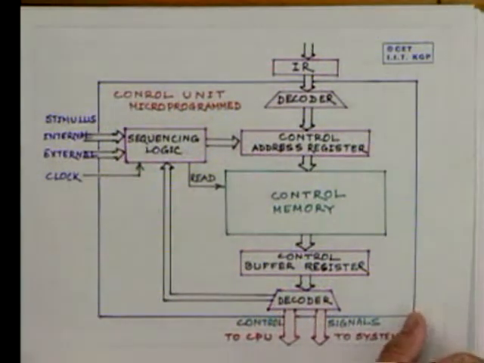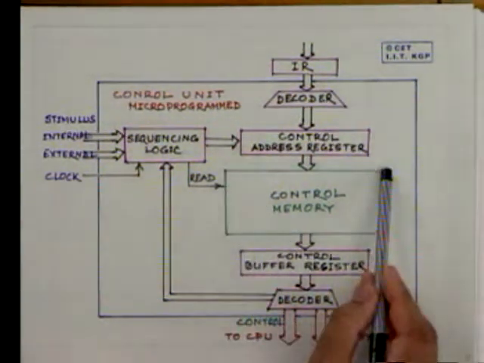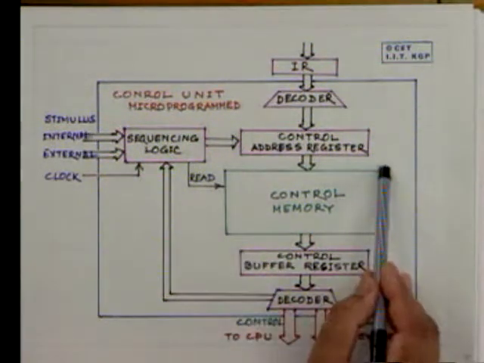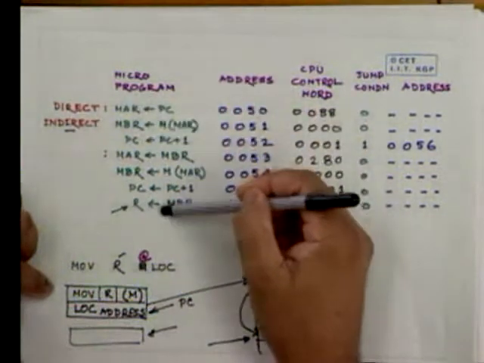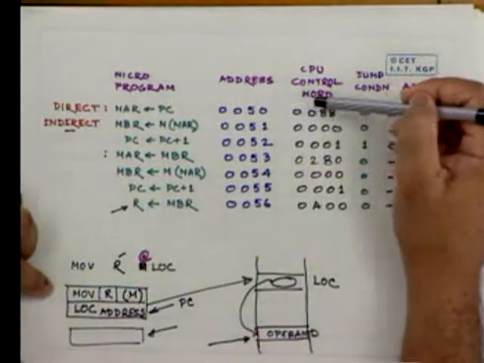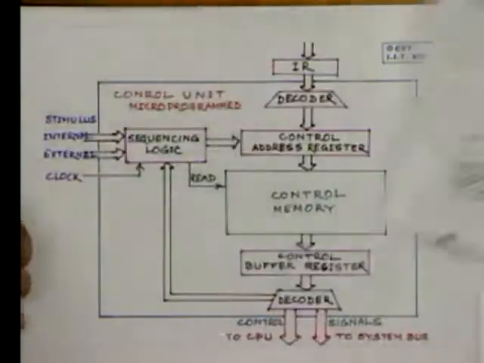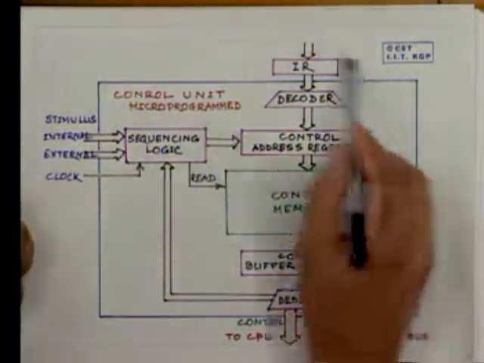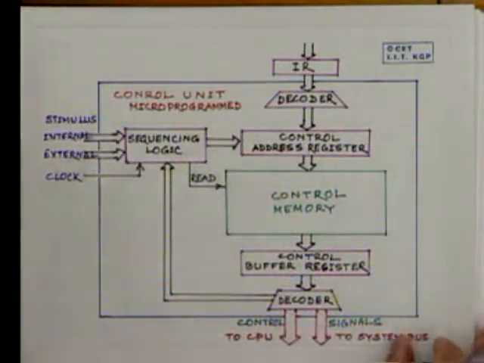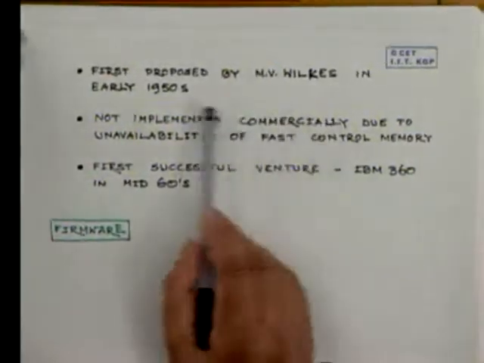Right. Now, this is a model that can be very methodically designed from the microprograms as we need: write the control code, then choose the address space, and then load the control memory with these control words to have a control unit like this. Now, this model was first proposed by M.V. Wilkes in the early 1950s,